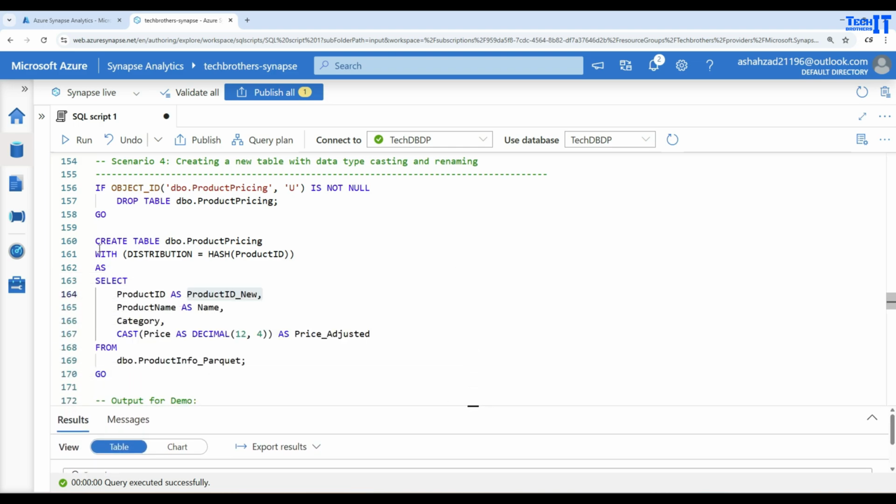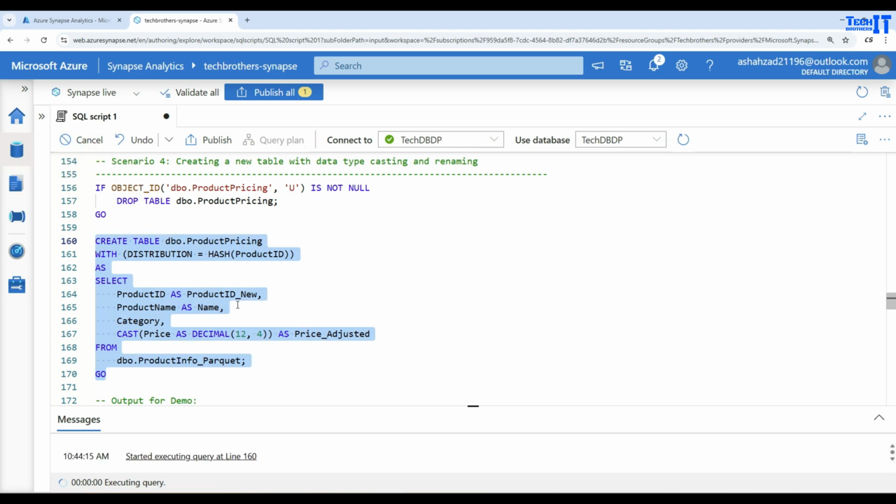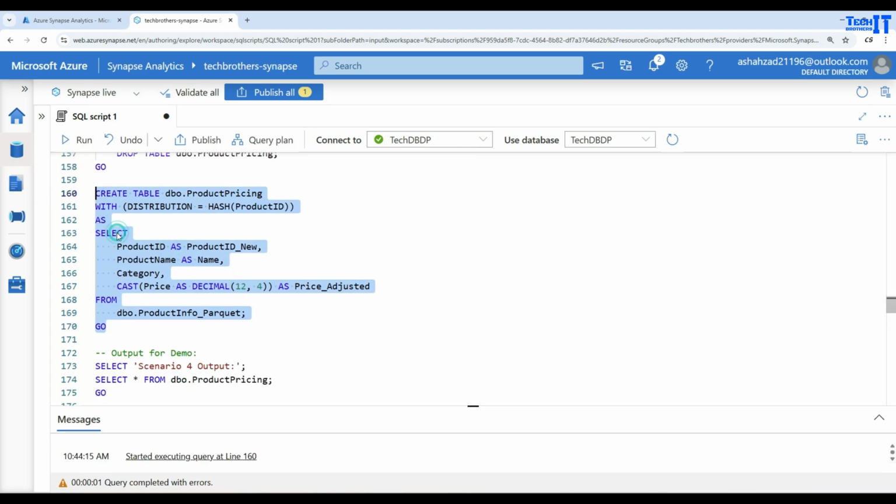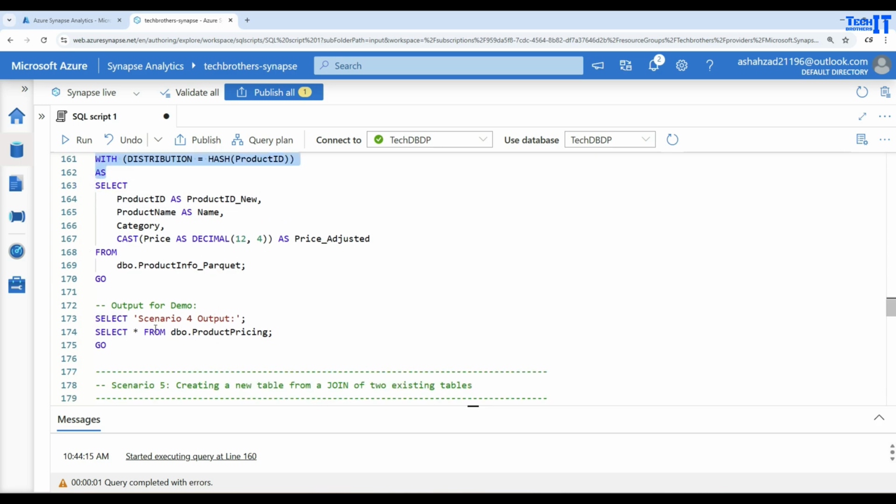Once we have that, then we can insert into our new table. This table is called product pricing. If I execute this one, the output of this select query is inserted into this table, and we can take a look at the data if we want. So right there,